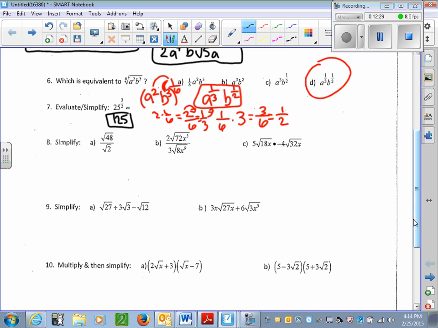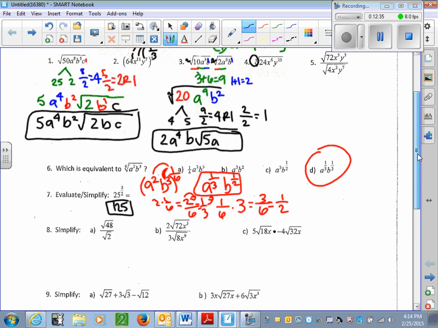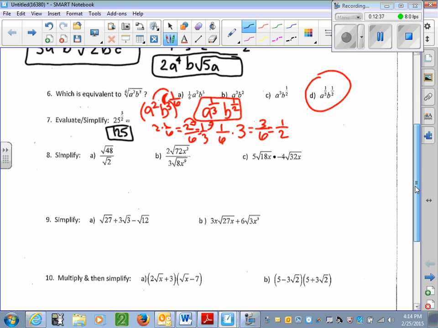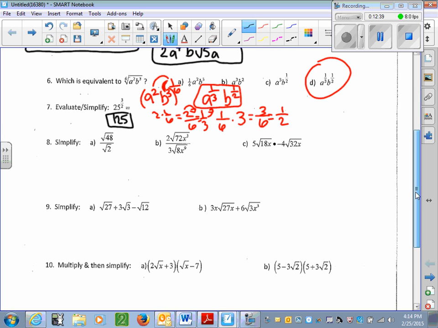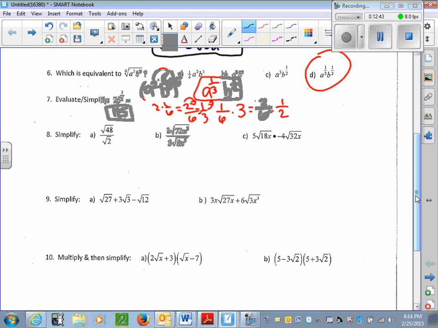These are just using those same multiplying and dividing rules that we listed at the top of this page in green up here. Multiplying and dividing. So I'm not going to go over all those. Remember the main thing, you just got to check, make sure your index is the same. Then you multiply or divide the outsides. Multiply or divide the insides. So for B, you would divide 2 divided by 3, which is going to stay as a fraction. So for now, I would just write it down as, all right, we'll go through it. So 2 divided by 3,